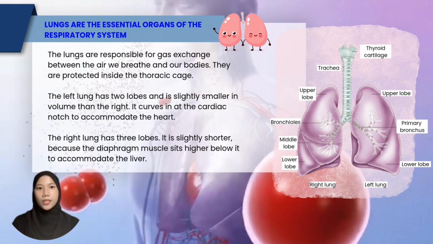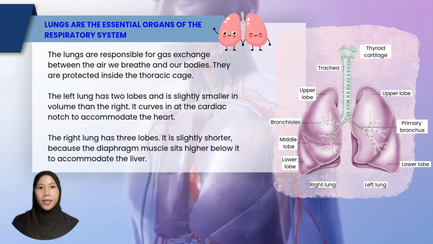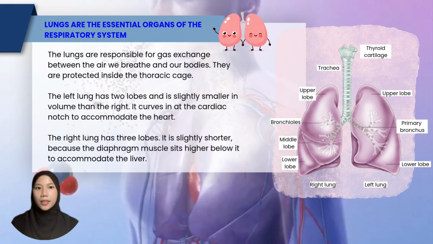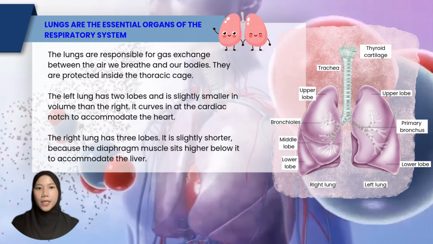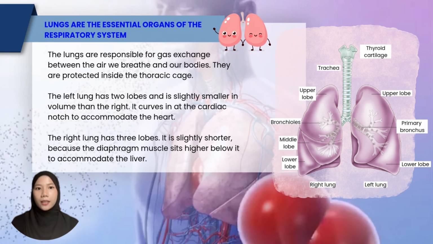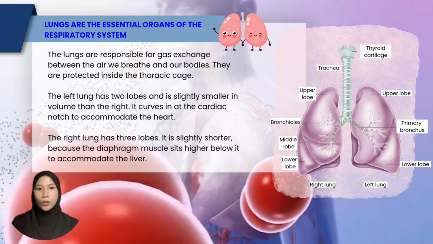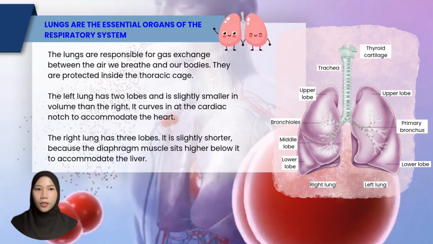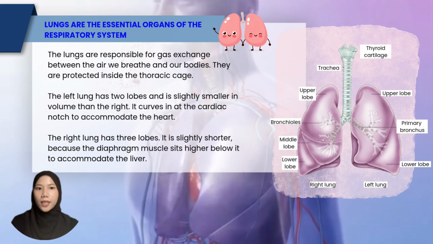The left lung has two lobes and is slightly smaller than the right lung because it curves at the cardiac notch to make space for the heart. Meanwhile, the right lung has three lobes. It is slightly shorter than the left lung because the diaphragm sits higher on that side to make room